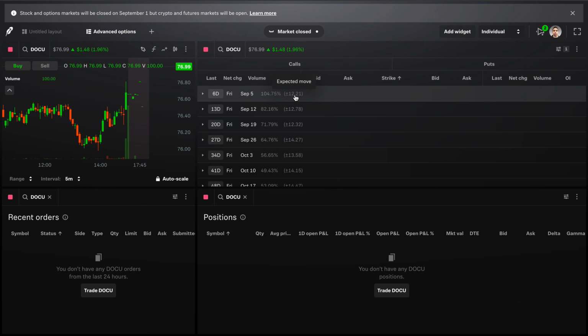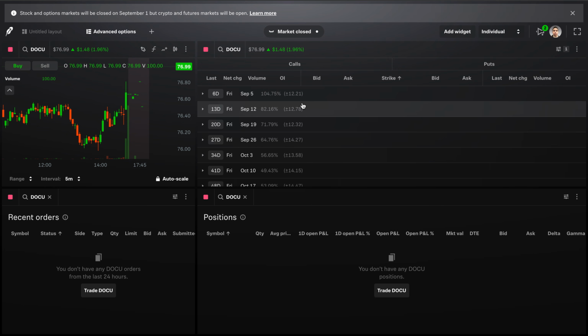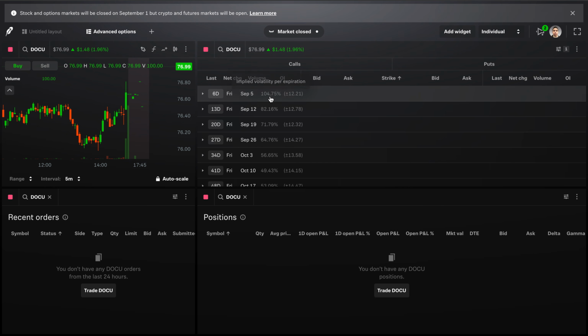So with this new feature, it shows us the implied volatility per expiration, and it's showing us the expected move as well. We can see the expected move right on the chain for each expiration, so that we can see what the options market is pricing in by each expiration. And if you look at the implied volatility for next week, you'll notice it's relatively higher than some of these other